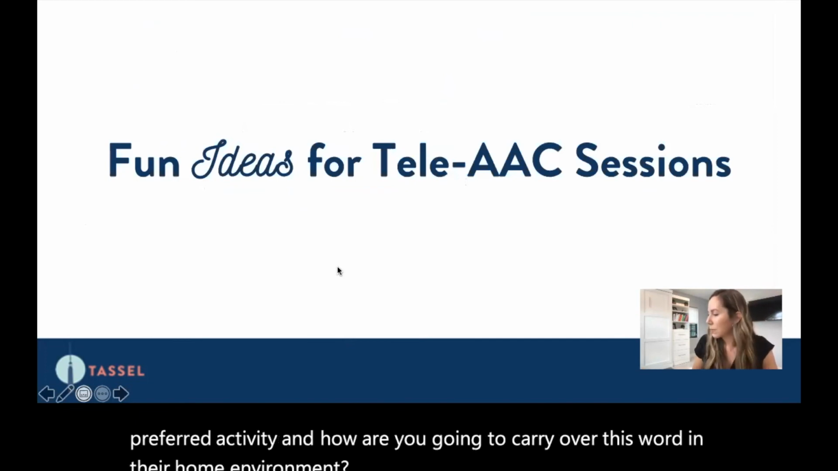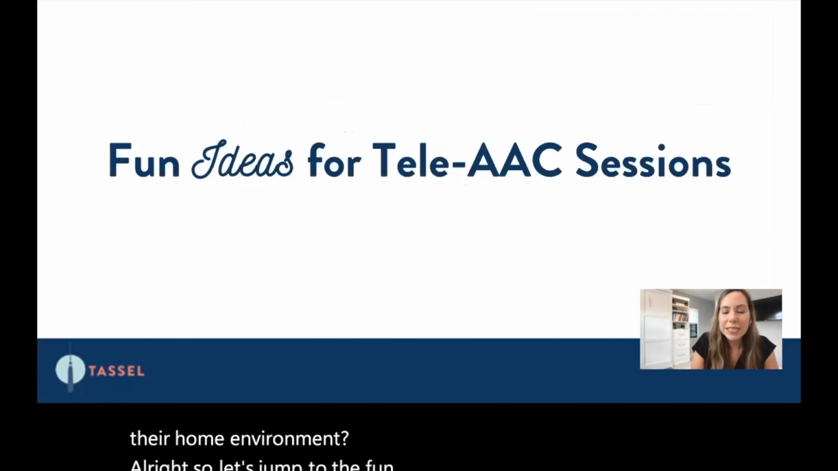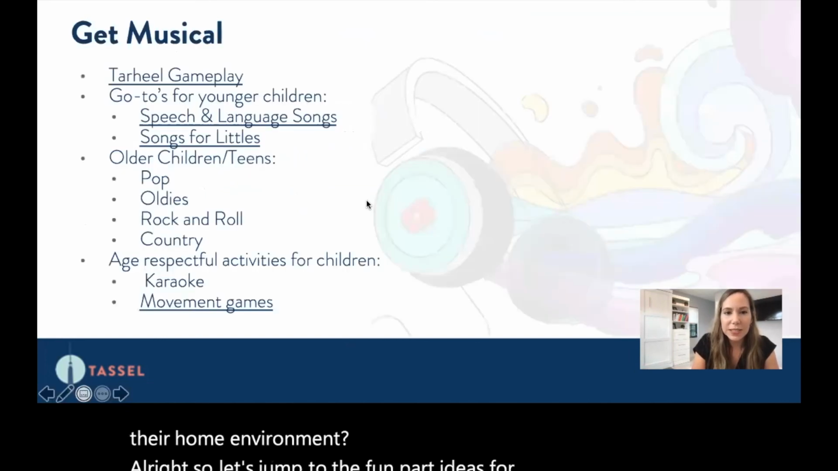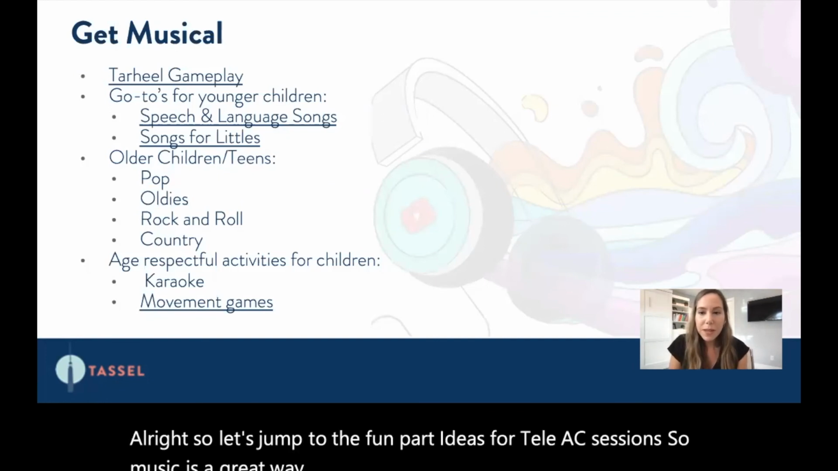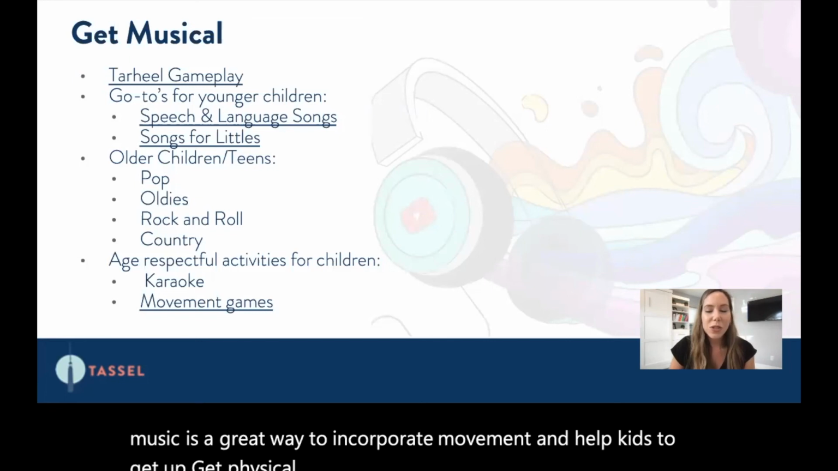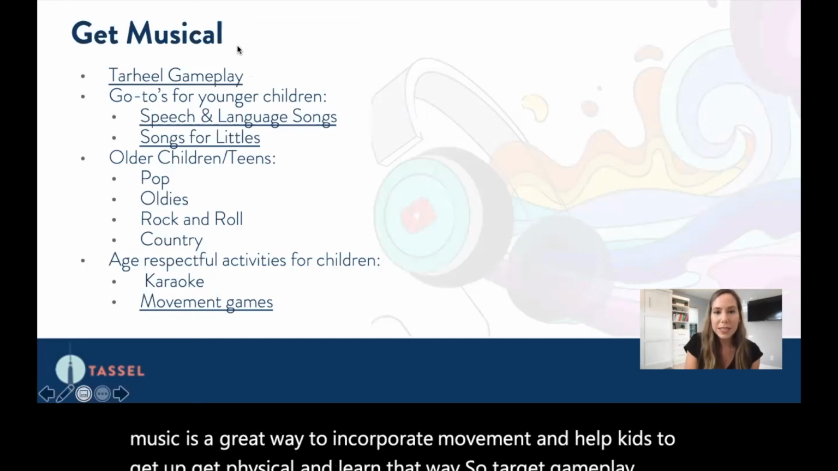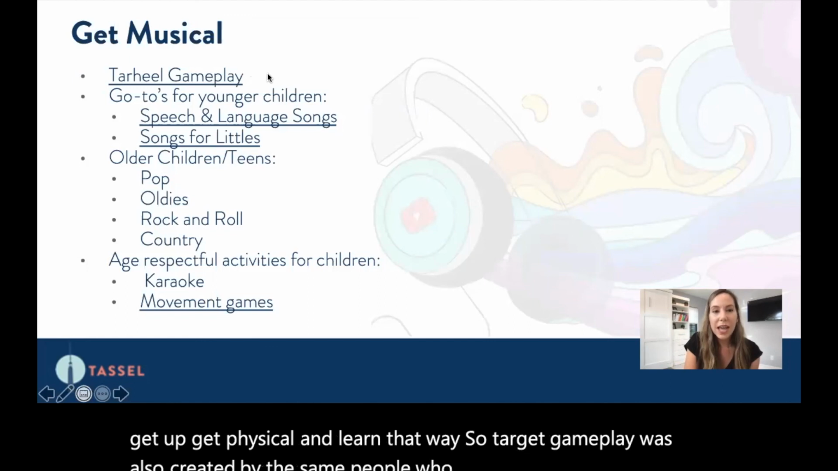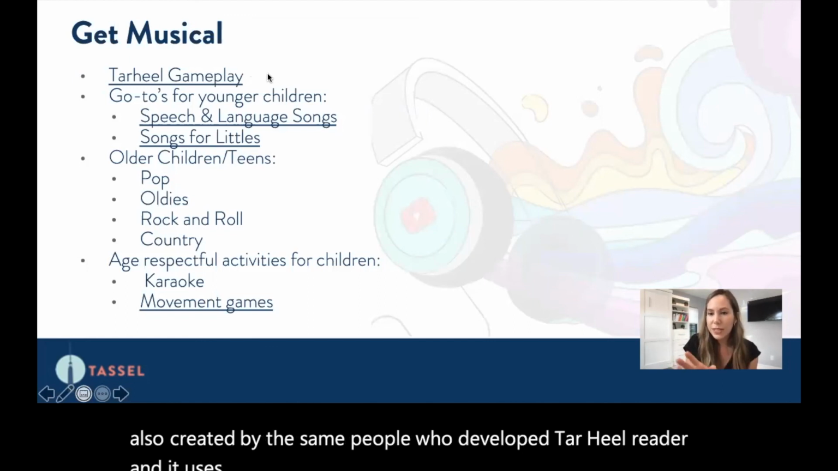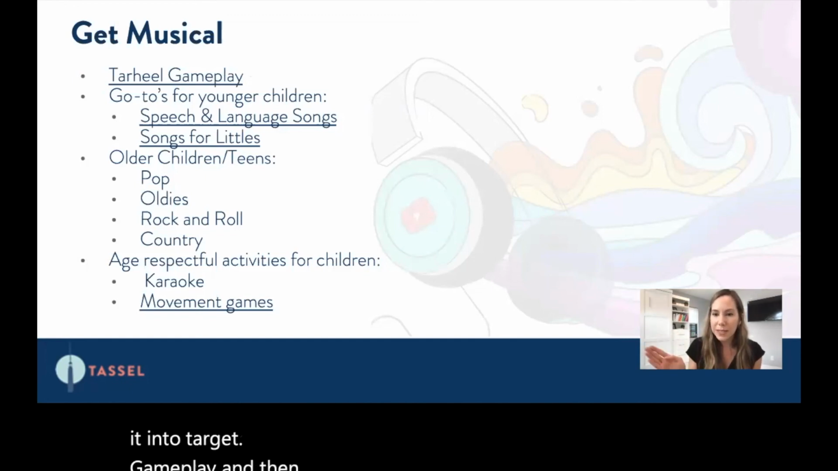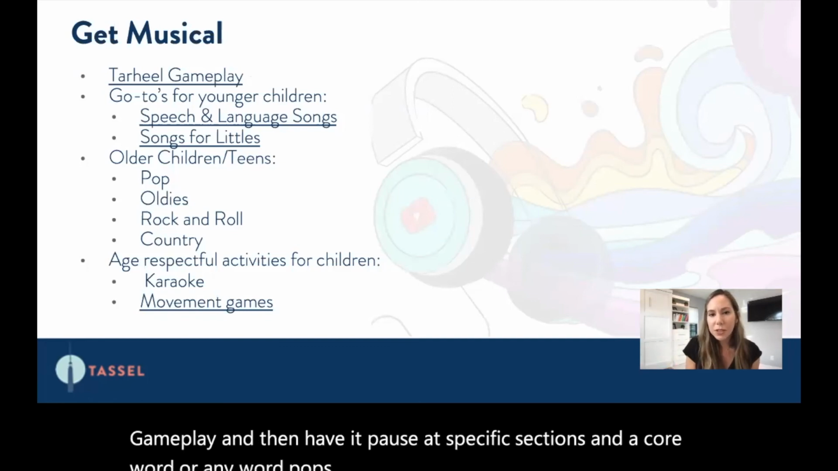All right, so let's jump to the fun part, ideas for Tele AAC sessions. So music is a great way to incorporate movement and help kids to get up, get physical, and learn that way. So Tar Heel Gameplay was also created by the same people who developed Tar Heel Reader, and it uses YouTube videos. So you can take any YouTube video, put it into Tar Heel Gameplay, and then have it pause at specific sections, and a core word or any word pops up and prompts them to say the word on